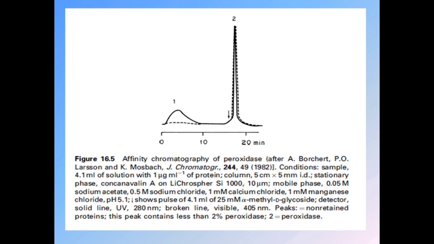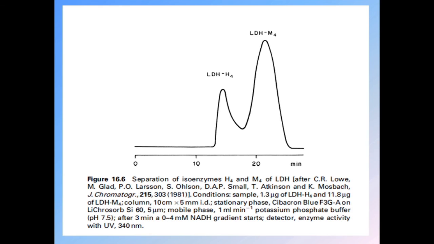Next, figure 16.6: separation of isoenzymes H4 and M4. This peak is for LDH H4, and this is for LDH M4. This is taken from C.R. Lowe, M. Glad, P.O. Larsson, S. Ohlson, D.A.P. Small, T. Atkinson, and K. Mosbach, Journal of Chromatography 215, 303, 1981. Conditions for this